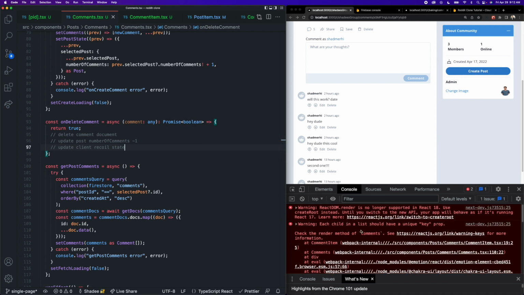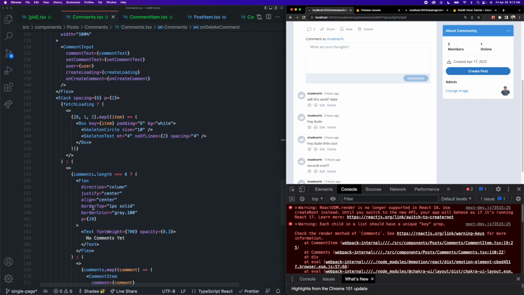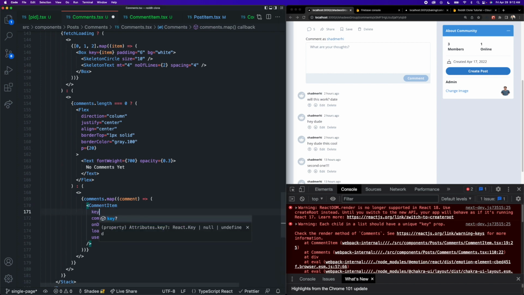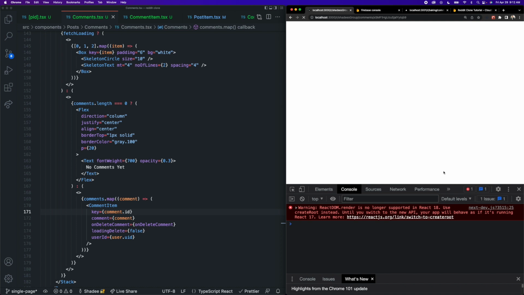And this error in the console is saying that we do not have a key prop in our comment item. So yes, when we do map through the items here, we want to add a key as required by React. And the key, we can just make the comment.id. If I refresh, so we get rid of that ugly error in the console,